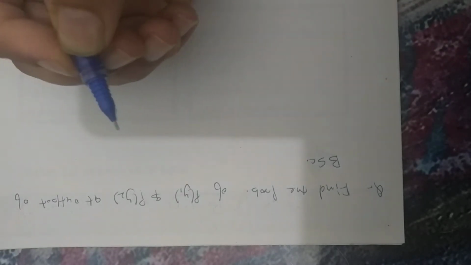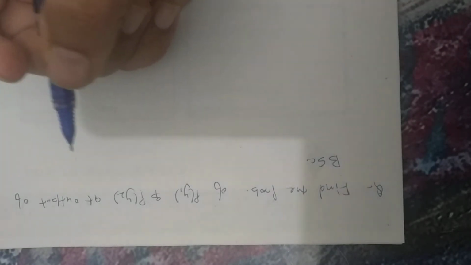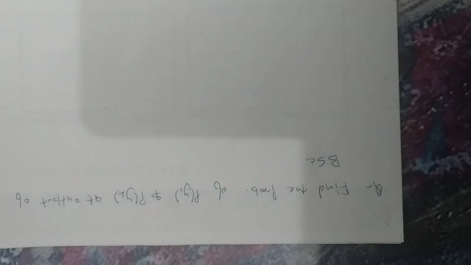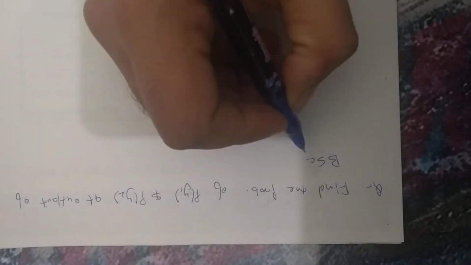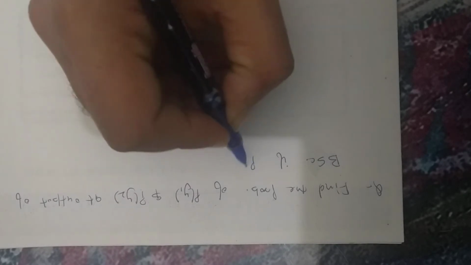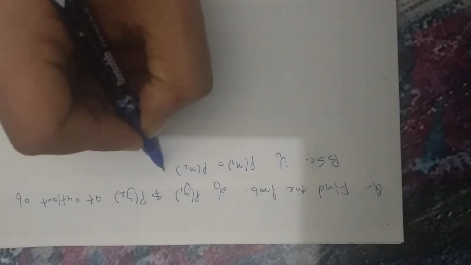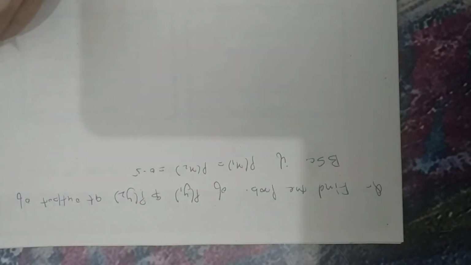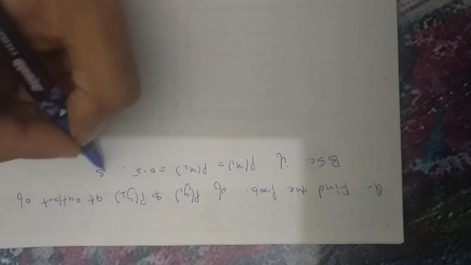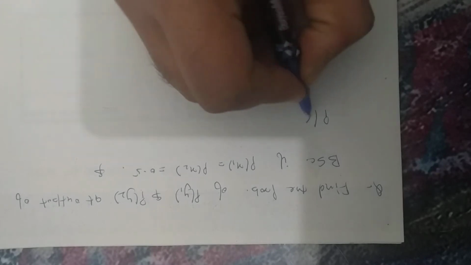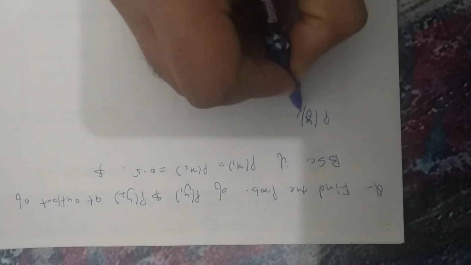What is the probability of getting y1 and y2 at the output of the BSC if the probability of input x1 is equal to x2 is equal to 0.5 and the channel matrix, that is P(y/x),